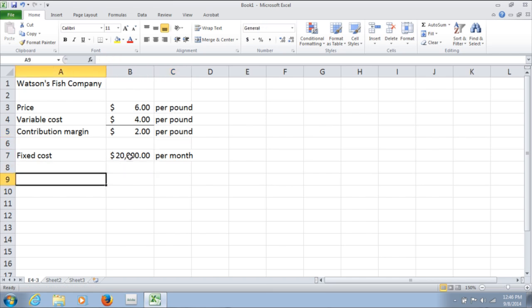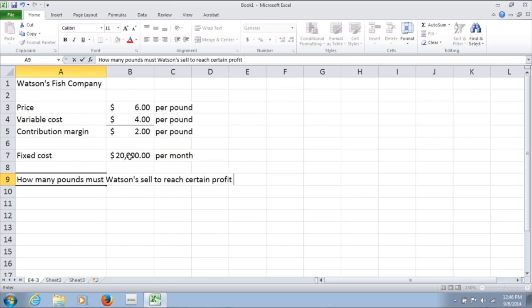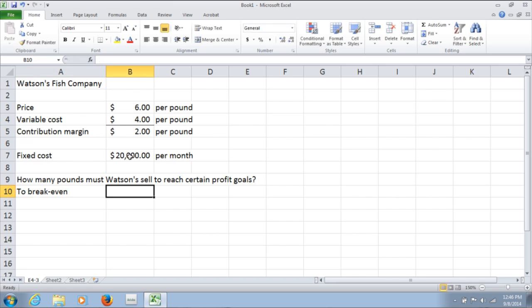So the question that we have to ask is, how many pounds must Watson sell to reach certain profit goals? So first we'd have the modest one, which would be to break even. So to cover its fixed costs, how many would it have to sell? And so to break even,